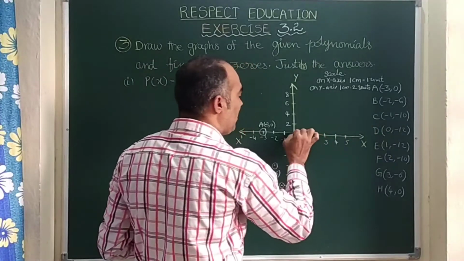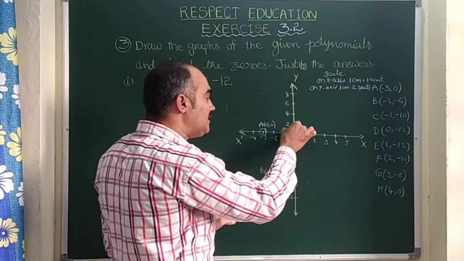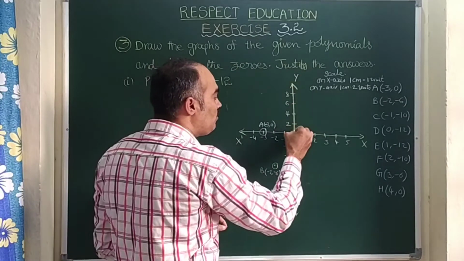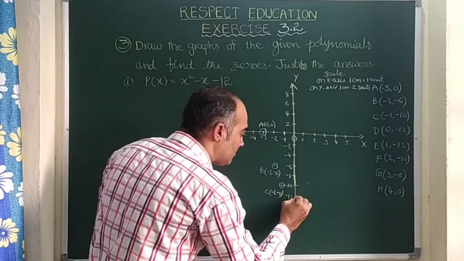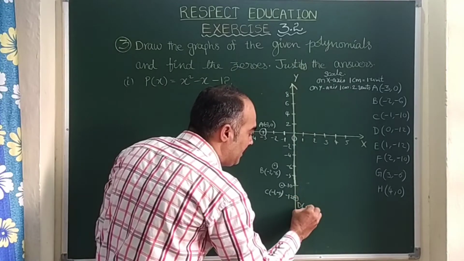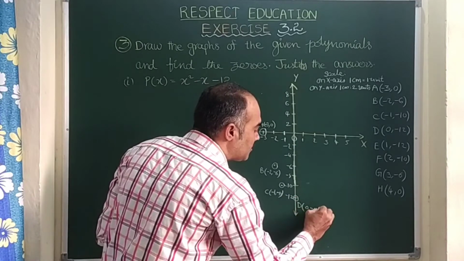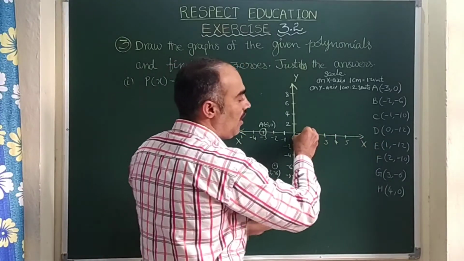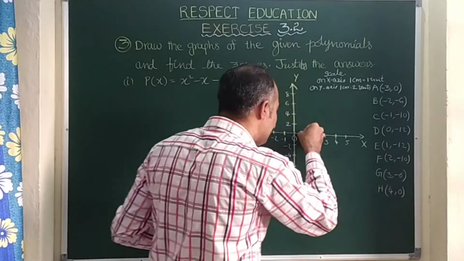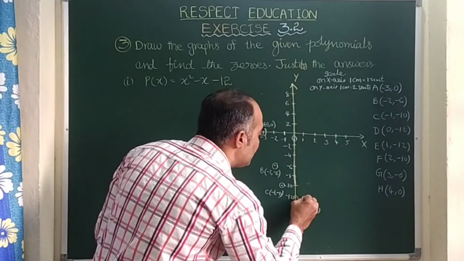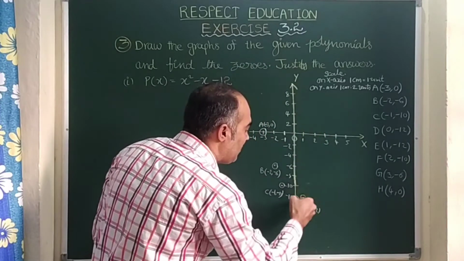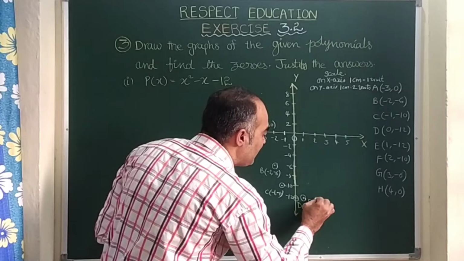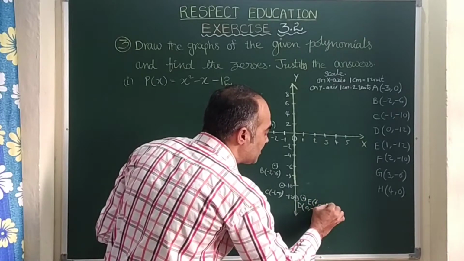Next point is 0. My bike is there itself. On that 0, on this line I should go to -12. See here, this is -12. This is my point D, (0, -12). Right? Next one is 1. My bike is at 1. On that I should go to -12. Means here down -12. This point indicates 1 and -12. This is E (1, -12).